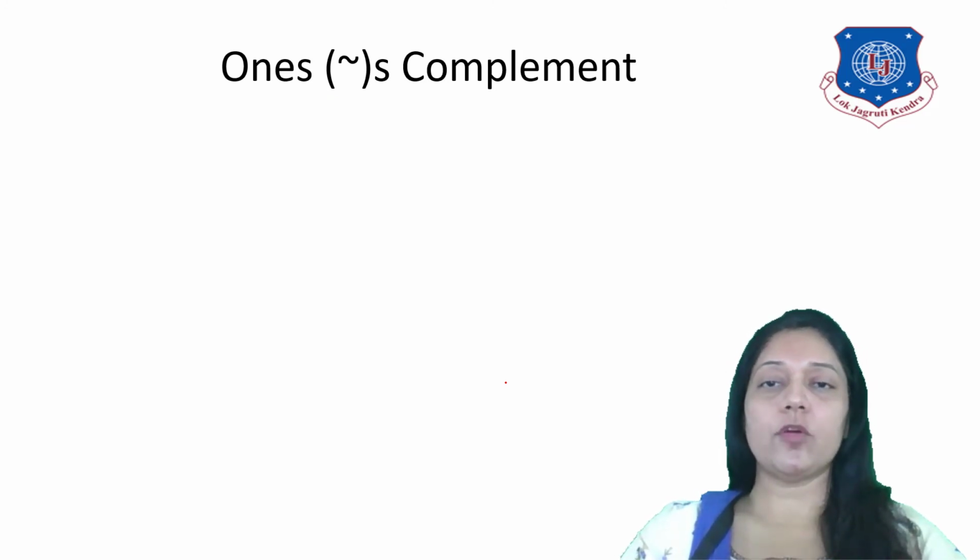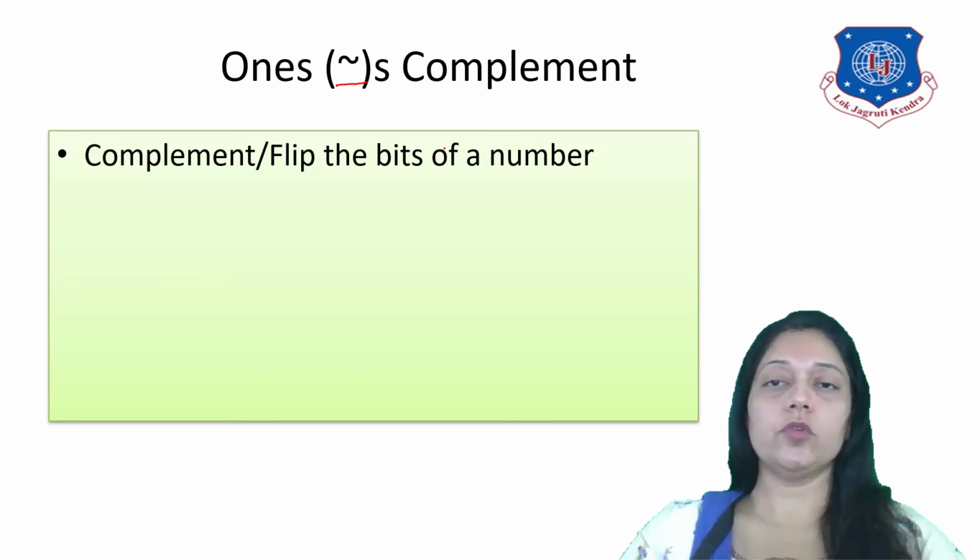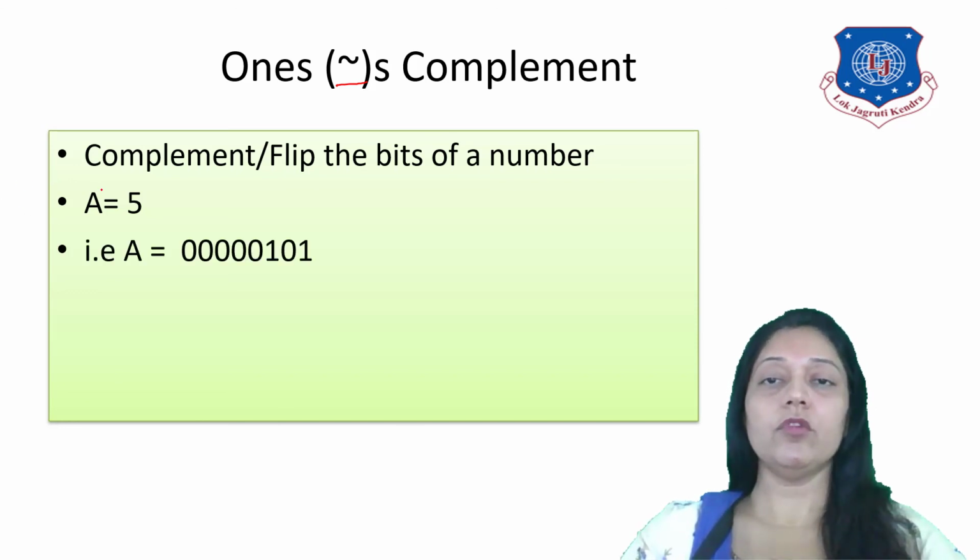The last bitwise operator is ones complement. Ones complement is denoted by the tilde sign. Ones complement means complementing or flipping all the bits of a number. Flip means converting the value 1 to 0 and 0 to 1. Say for example, I have the value A is equal to 5. What is the binary value of A equal to 5? 5 is 101,